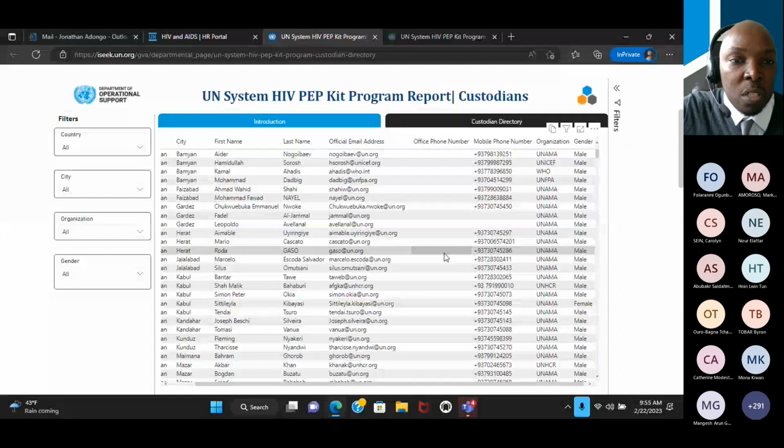There are other filters. You can filter by organization here in the same way, and you can filter by gender. But essentially, I think the most frequent use for you would be finding who the custodians are within my entity that I need to contact if I have any PEP related issues. So city would be something you could search by, or country, just by clicking the drop down or by using the text search button. It would be important to clear the text if you enter it, to reset the drop down.